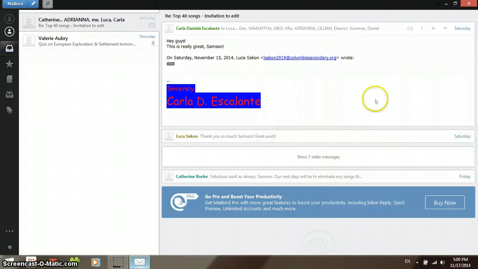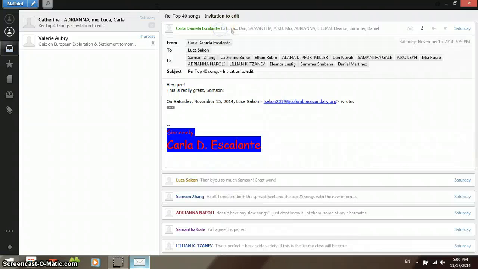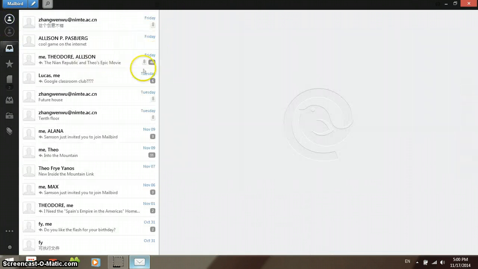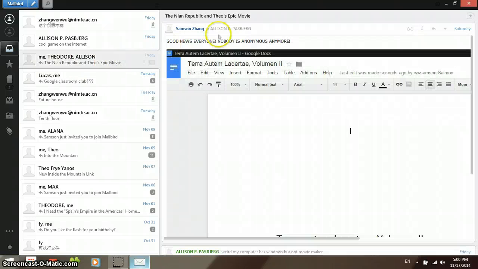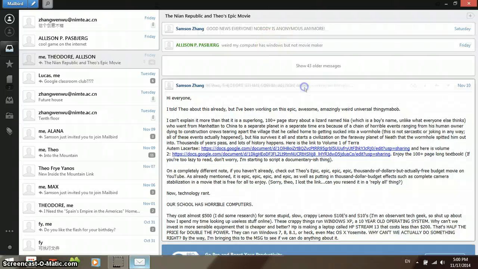But what's also great about it is how it handles message chains, so conversations. This is a recent conversation with 10 messages in it, and it sorts it quite nicely. But with 10 messages, it's not really a problem. Say this conversation has 46 messages in it, and this is horrible. So instead of displaying all 46 messages, it shows the last two, the most recent two, and then